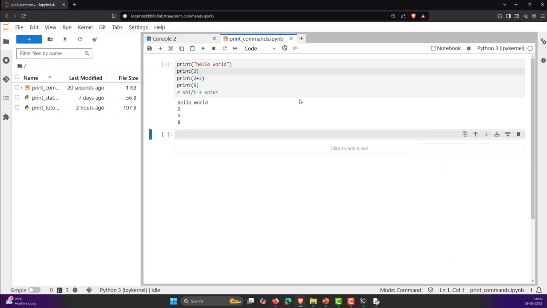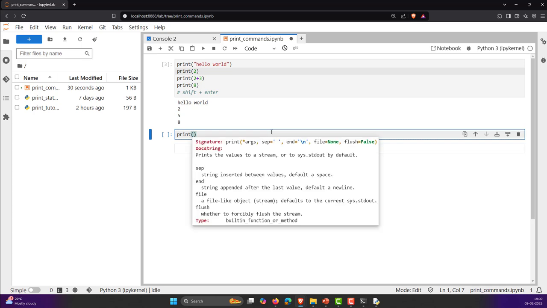So this is how we can install the Jupyter Notebook and start writing the code. In the next lesson, I'm going to explain the in-depth concept of print. If you enter print, the shortcut key is shift tab, which will give you the syntax of this. What we see is that we have args, sep, end, file and flush. In the next lesson, I'm going to talk about all these details: what is args, what is sep, what is end, and what is \n, which is an escape character. We're going to discuss